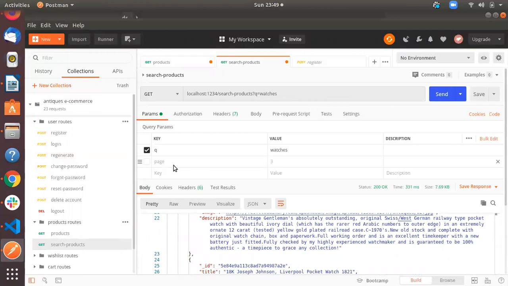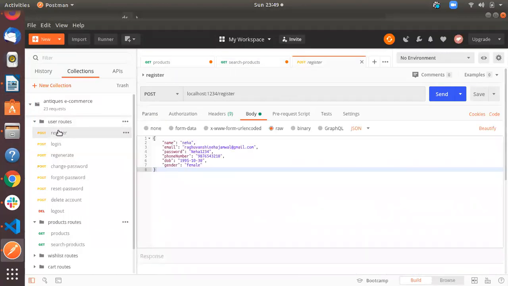And if you want to add a product to your wish list or cart, or order any product, then you need to register first. For the registration, you need to provide your name, which should be at least 4 characters, a verified email, a password which should be 8 characters long, a phone number which should be 10 characters long, and gender should be female, male, or other only.